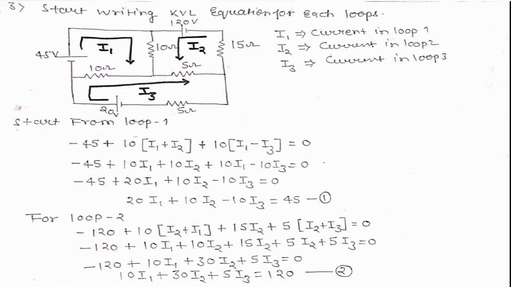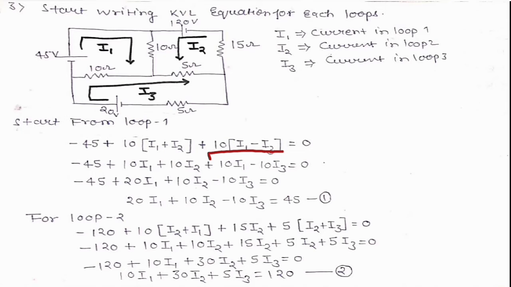In that case we subtract those currents, but we always put first the loop current of the loop in which the calculation is done. Here, this one is loop 1, so the current through this loop is I1, so I1 should be positive and the second one will be negative. So we write it down: 10 times I1 minus I3, equal to 0.